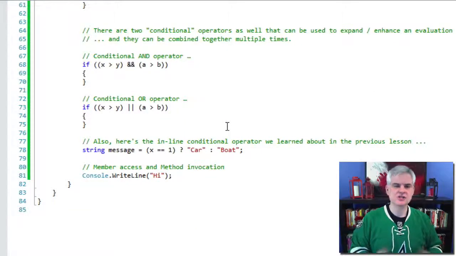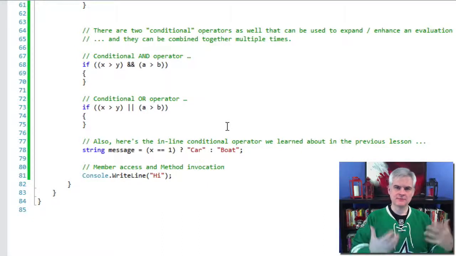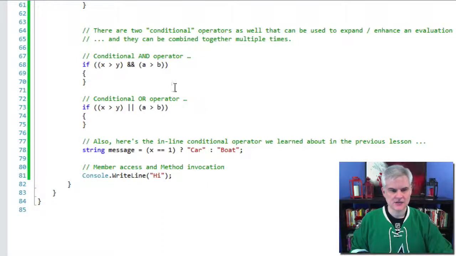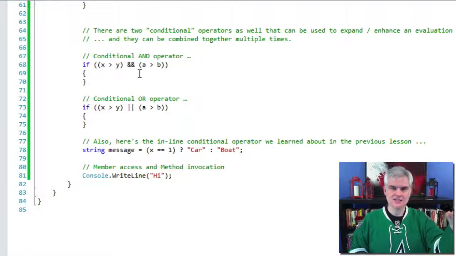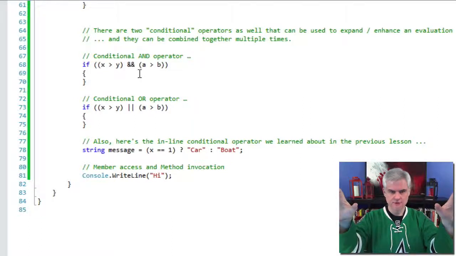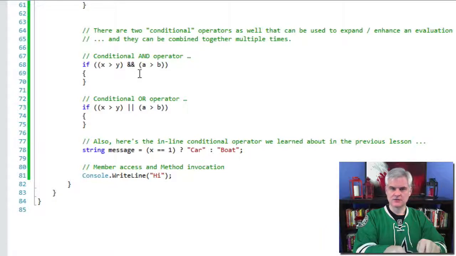And then there are conditional operators that can be used to enhance an evaluation, so you can put them together. So for example, there's the conditional AND operator. I can use the double ampersand to say it must pass this condition and must pass this condition. If both of those are true, then execute this block of code.